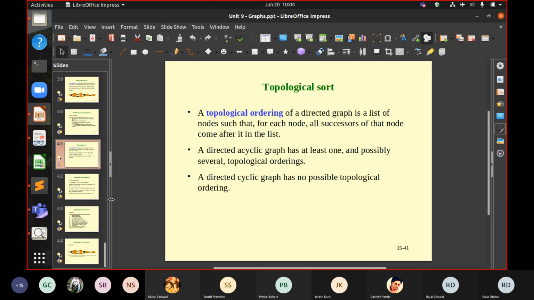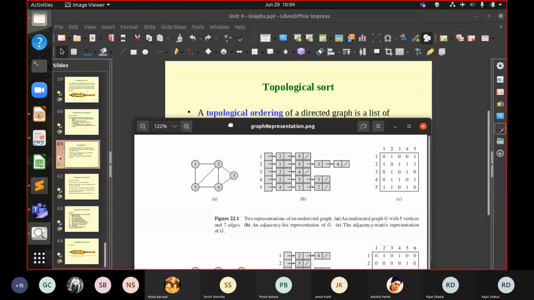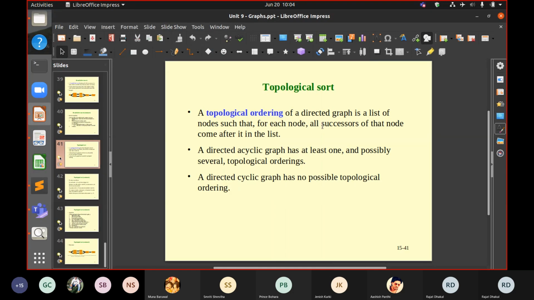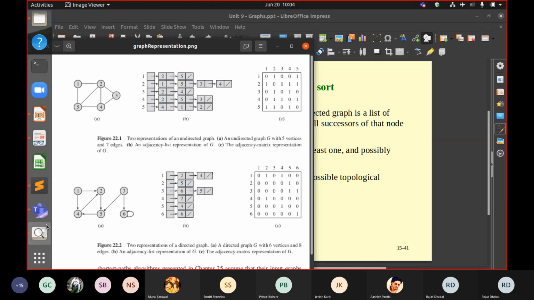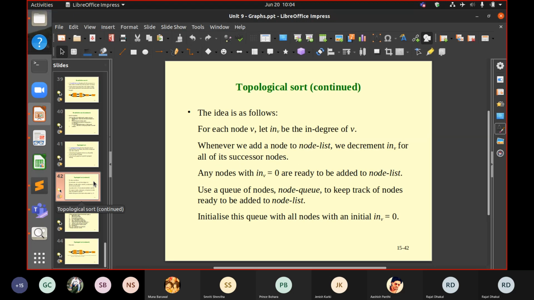There are many nodes in a graph, and it's a list of nodes such that for each node, if you consider one node, let's consider this one here, and it's actually a cyclic one. So let's see. For each node, all successors of that node come after it in the list. So all of those successors come after that node in the topological sort.